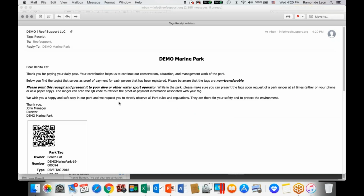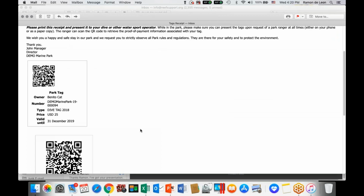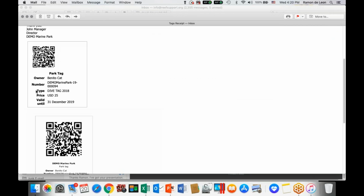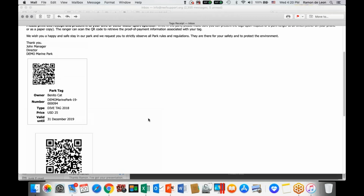Here comes your logo. You can edit here and have an overview of your tag, a PDF of your tag. Your tag has your owner name and the unique number. Every tag is unique. What did you buy, the type of tag, the price, and the validity. The system can have a year tag, weekly tag, day pass, you name it. You can put whatever you want there. So this is what I call the final user experience: the tourist sitting at home